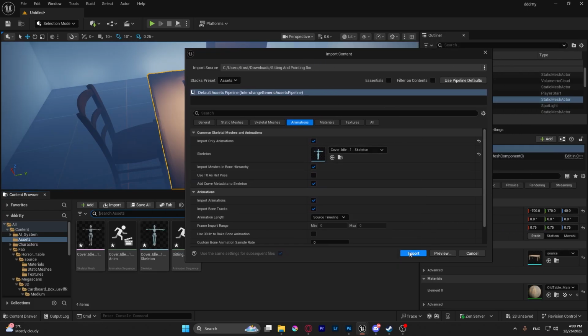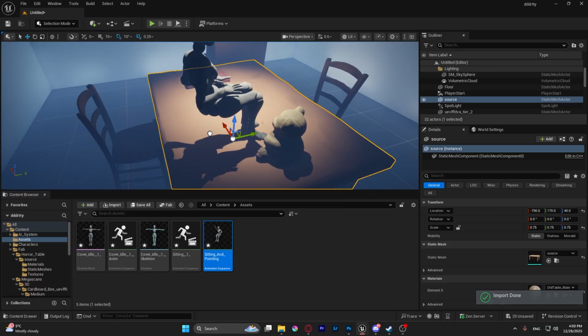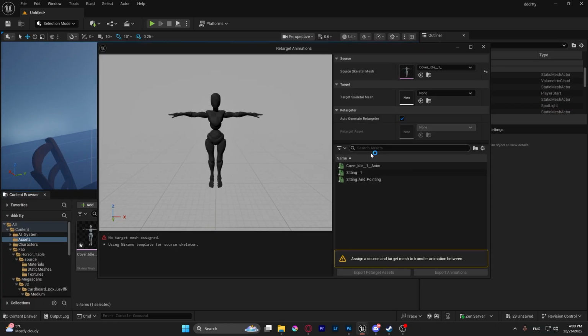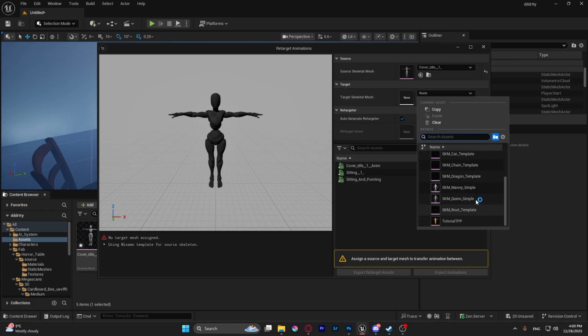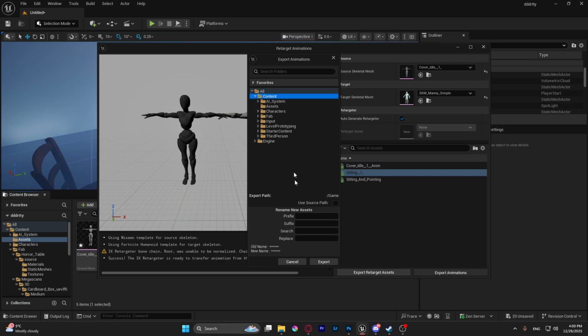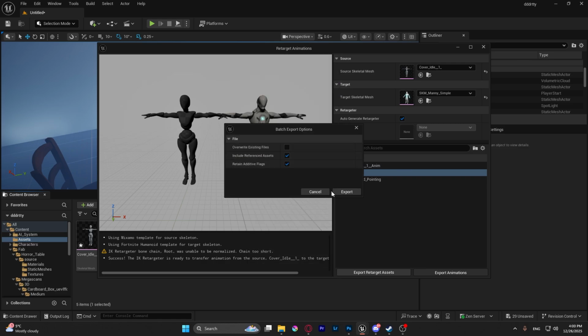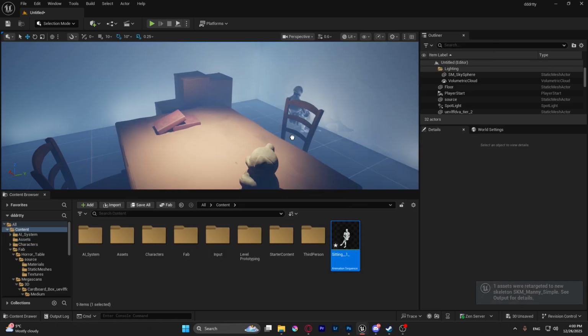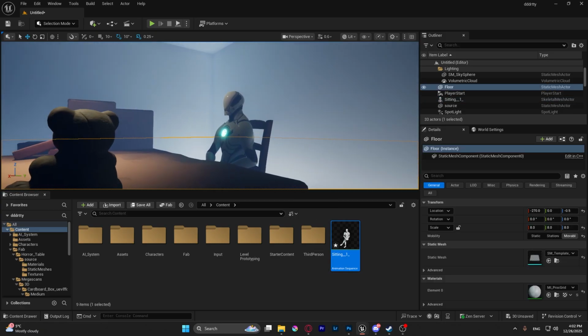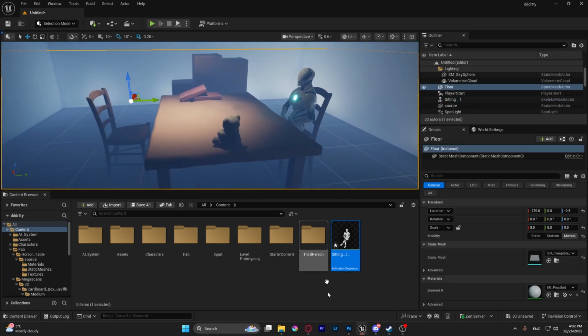I have cover, and you import it, and it should look like this. Now you just right click with it, retarget, set the target as your own character that you have, and use one of these. So we have sitting one, we're gonna retarget that, add that to like contents, I guess, export, and now we have a UE5 character that is actually sitting. So let's make it something like this, and then have